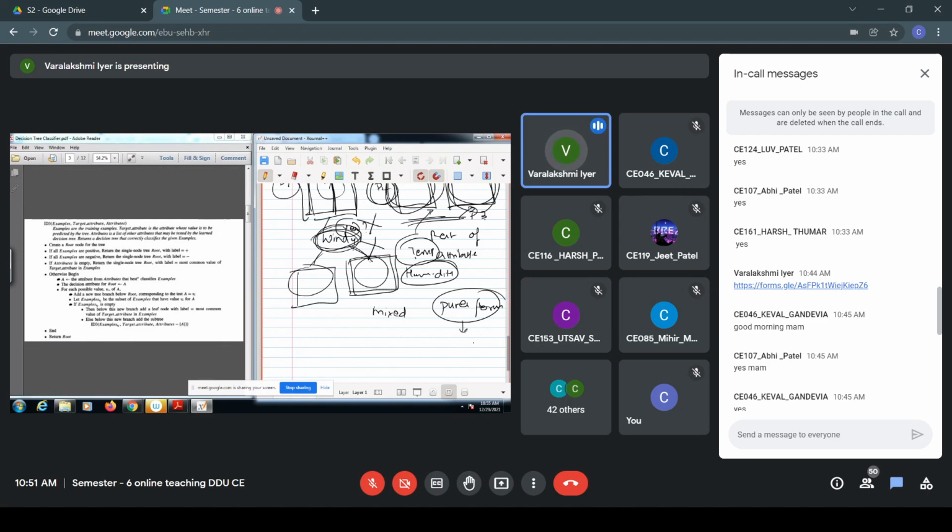The data set will be in pure form if all the target attribute values are of the same form, all yes, or all no. Suppose we haven't reached any pure form, and all the attributes present in your data set have been exhausted. In that case, you will return a single root node with the label, meaning the leaf node, as the most common value of the target attribute. For example, suppose we have yes as the most common value, then you will return the leaf node with yes as the value, and if we have no as the most common value, then we'll return the leaf node with no as the value. Is it clear?